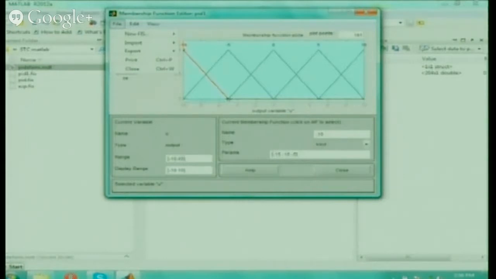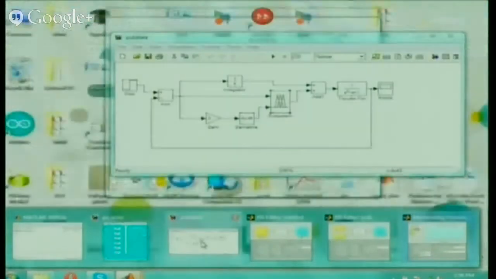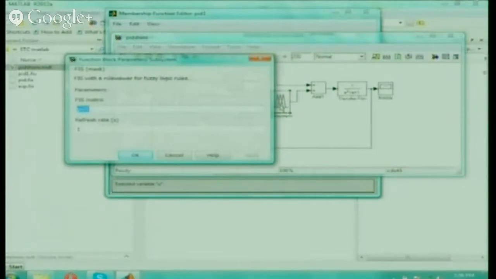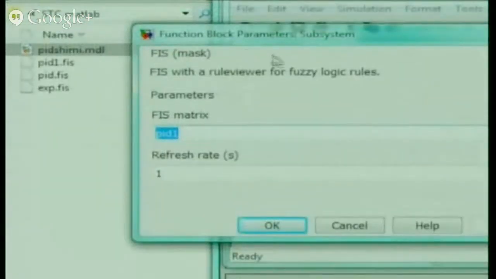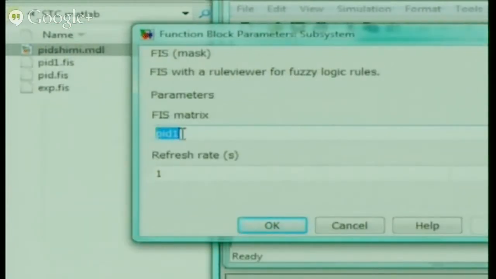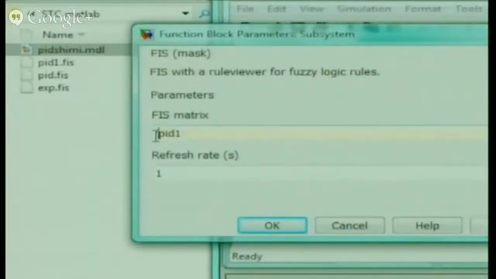In case you have saved it in the workspace, in Simulink when you call, say this is the Simulink window, I'm just clicking this. So I think you can see here, this is the FIS in case of Simulink. Here, say the PID one which I opened, if it is in the workspace, you can directly come and give it here as PID one like this. In case you have saved it in some folder, you have to give it within single quotes like this. This you have to remember, otherwise when you are running the program, you will get an error.